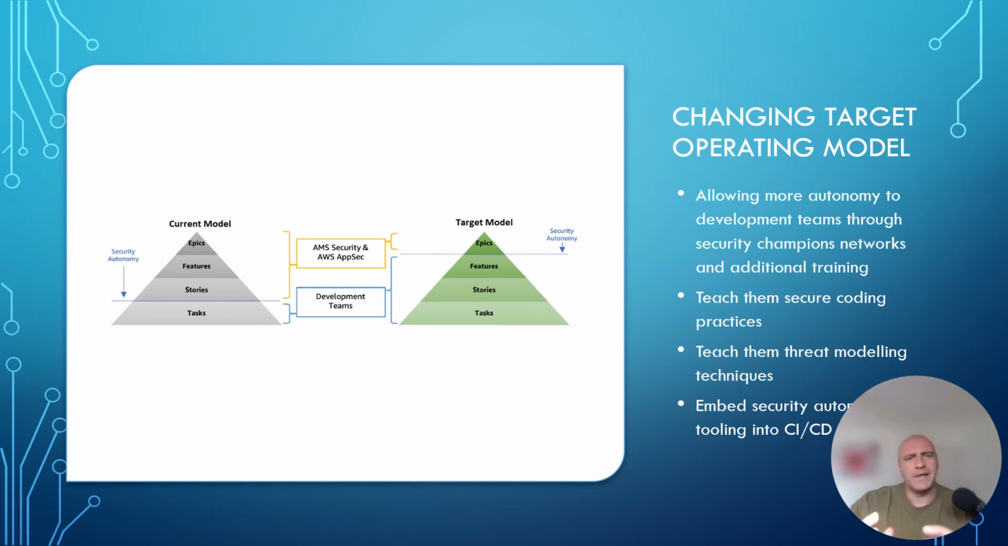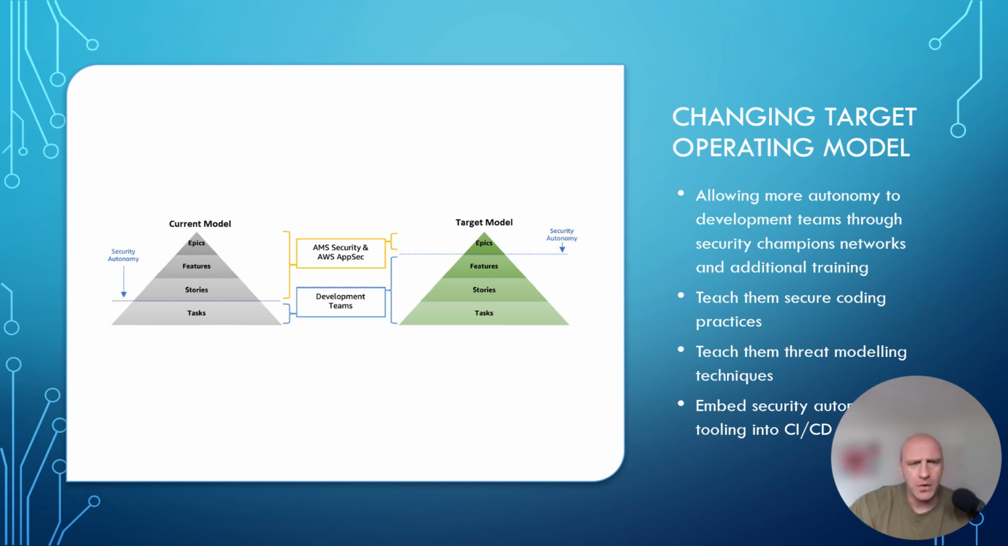So as you can see, the image depicts how we shift and change our target operating model. This image is taken from the AWS AppSec team, but essentially most organizations will make a similar shift in target operating model, allowing more autonomy to our development teams through security champions networks, as well as additional training. So as you can see on the left,